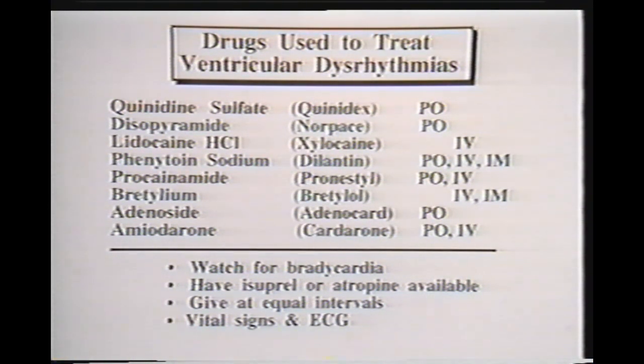Bretylium, and remember this is the one that can only be given intravenously, and it's used for VFib, not for atrial dysrhythmias. And the side effects are again the same ones that we're talking about. Orthostatic hypotension. Another one we might want to mention, adenosine or Adenocard, again used for ventricular dysrhythmias, can also be